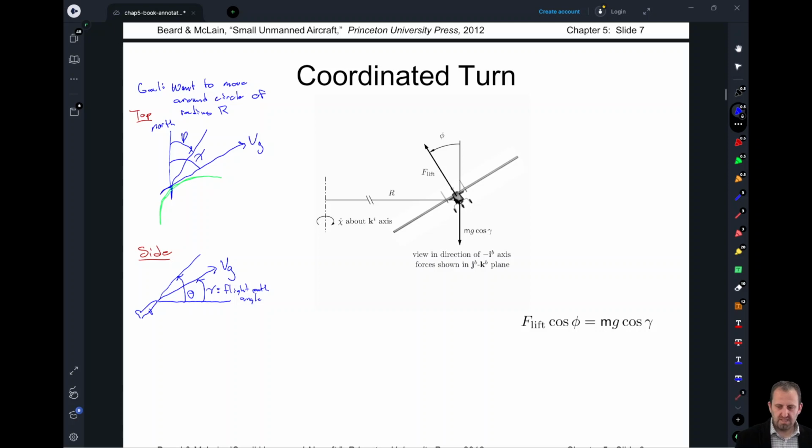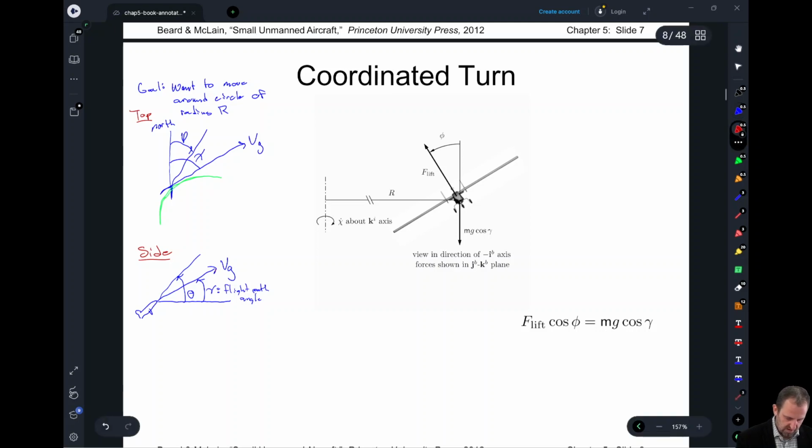So looking at it from the side, we can see that we're traveling upwards. Now we're not traveling at the angle of theta, but at the angle of gamma. From the side view, we can calculate our airspeed in the horizontal direction. Given gamma, the angle from the horizontal to V sub G, what we can do is